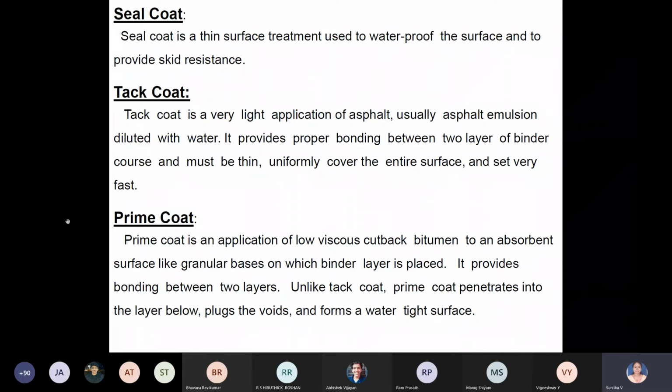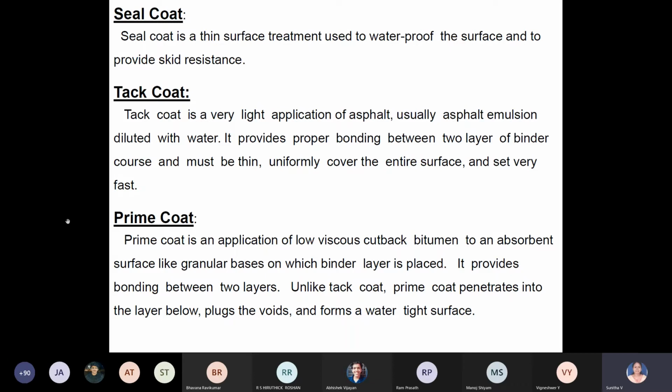Then what will happen is that the tack coat can project or come out of the pavement. It can be ejected out of the pavement. You might have seen in new pavements a very glossy layer. If you provide too much tack coat, it can come out through pores or cracks. So it should be provided as a very thin layer and should be uniform also. In some parts you should not pour more or less. It should uniformly cover the entire surface and set at a very fast rate.